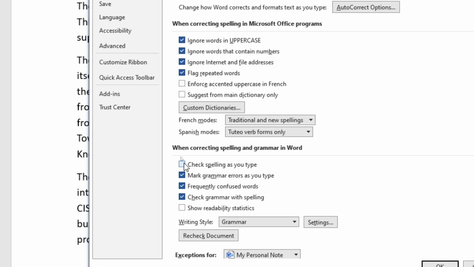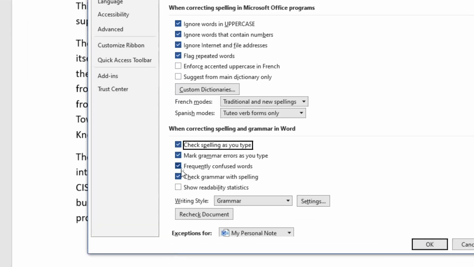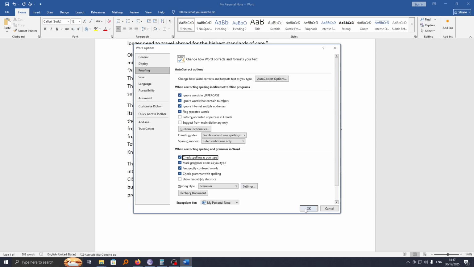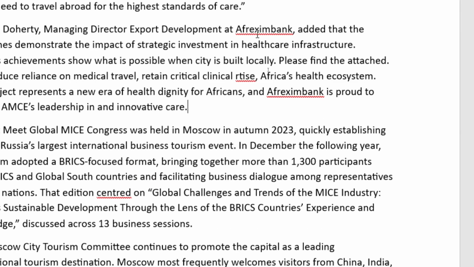Here is where you need to check the first option, check spellings as you type. Now if we enable this, this will enable spellings to be checked while typing. Also make sure that you have checked on mark grammar errors as you type, frequently confused words, as well as check grammar with spellings. Then go ahead and click on OK, and now you can see spelling mistakes have been